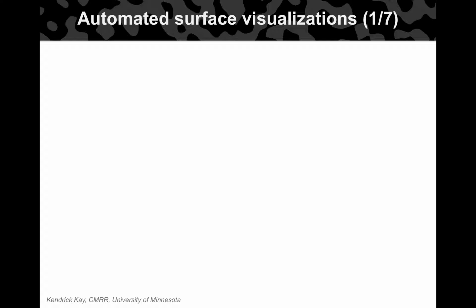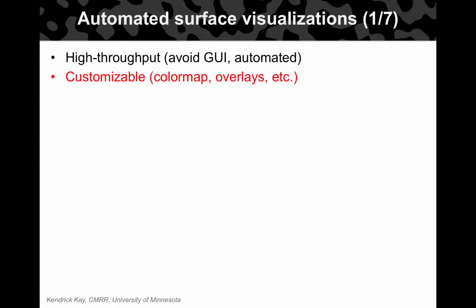One thing that we've dealt with somewhat recently is the need to do this at high volume. As Amanda alluded to, we're investigating high resolution data, and we're trying to do a lot of anatomical understanding of small spatial scales. There's a lot of data to look at, and we need something really fast to generate massive numbers of these figures so we can pore through them quickly on all our subjects and all different views of the brain. So it needs to be automated, avoiding any manual intervention. Those were the requirements we were faced with.